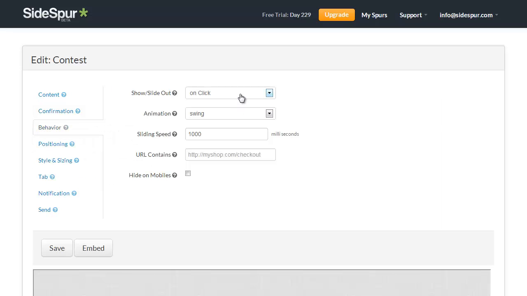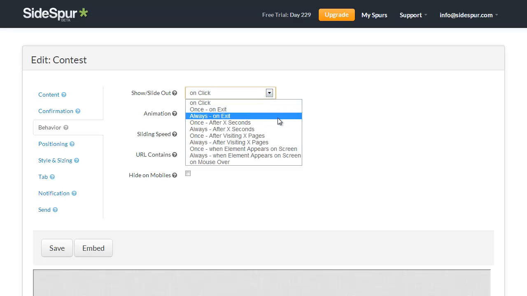You have control over the behavior of your SideSpur. Most importantly, you can target it to specific segments of visitors. You can have it automatically appear for first-time visitors, repeat visitors, after a certain number of seconds on your page, after a certain number of page visits, when they're looking at a particular element on the page, on mouse over,